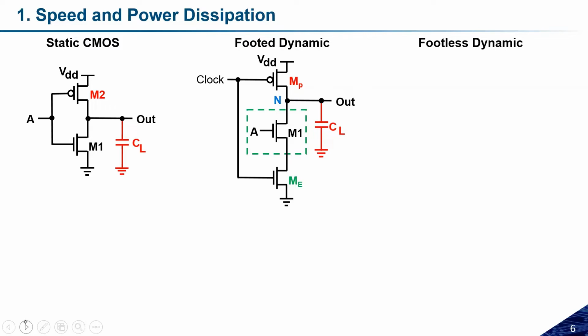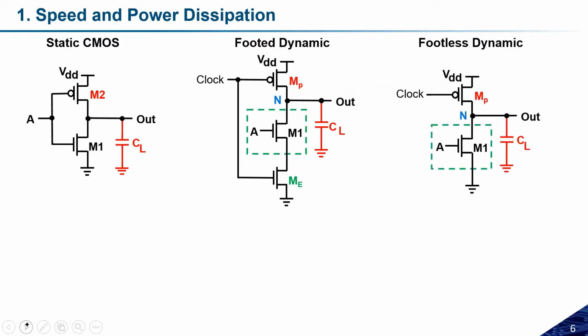Now, we saw that in the second case we have some problem, like two transistors are there, that may lead to higher delay, especially while discharging. So this may create some problem. To overcome that problem, we can consider the third kind of arrangement, which we call the footless dynamic, where we remove this evaluation transistor, and the pull-down network itself can act as an evaluation network. Okay, so this is the arrangement.